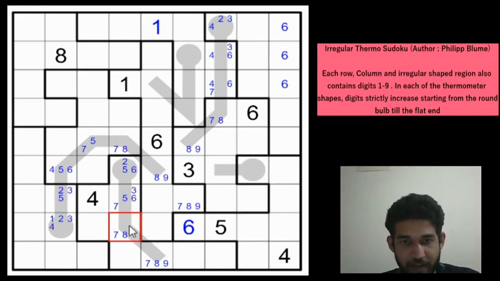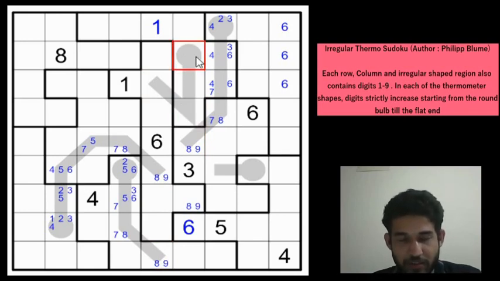6 can't be a candidate here. So when you have a 7 or 8, you can't have a 7 here, so this will be 8 or 9. And the moment you have 8 or 9 here, these both cells are equal, so this is not a 7 and this is 8 and 9, right? We have an 8-9 pair now. Also an 8-9 pair in column 5. So I think this thermometer is now quite restricted. We have marked possibilities in all thermometers, so let us focus on this one.